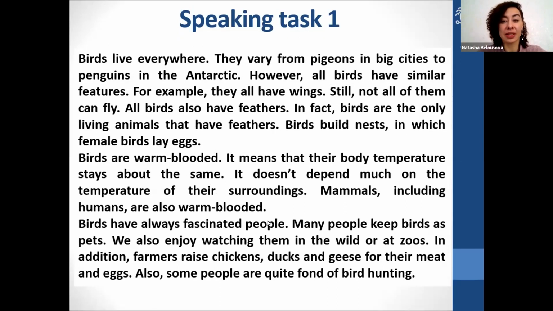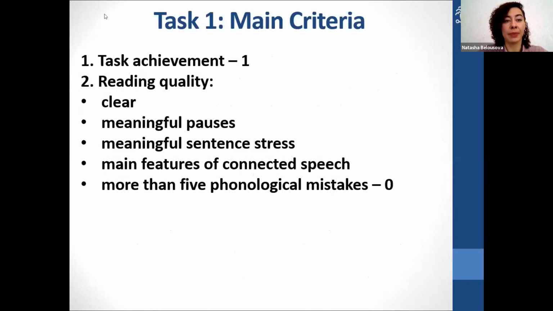Let's see what the task suggests, so what the requirements are. First of all, the task achievement, and here you can look at the main criteria of the task. The maximum point is 1, so I just want to remind you, which already gives us a few things to